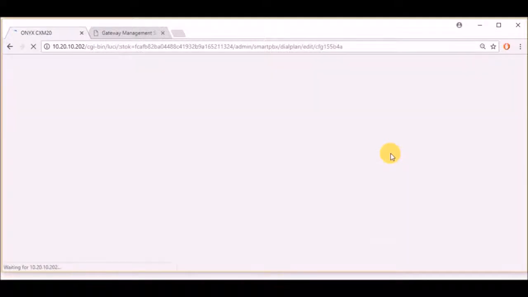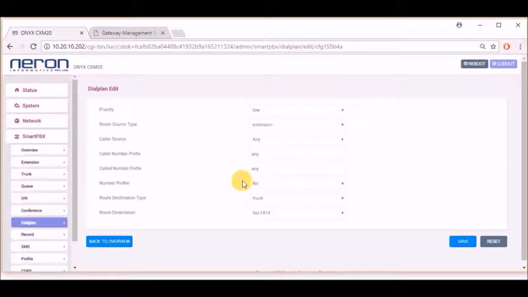So I'll edit this. As you can see, FXO line, I want to give a prefix to this FXO line. So every time I want to call from this FXO line, I will use a prefix before my number. So the prefix will be here, called number prefix. So if I want to use 0,